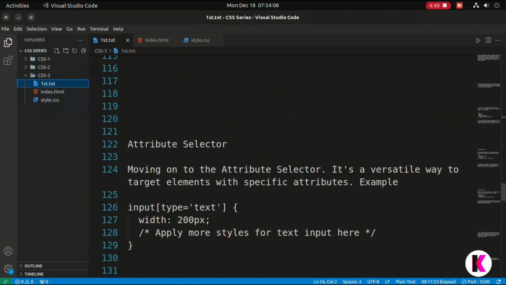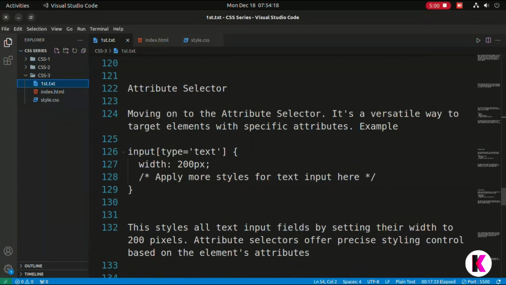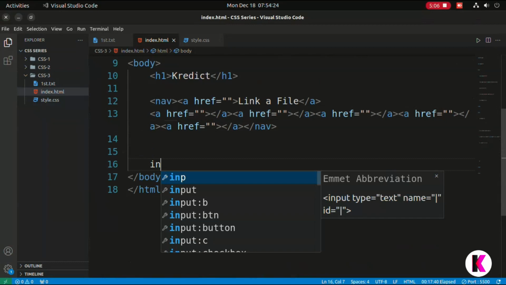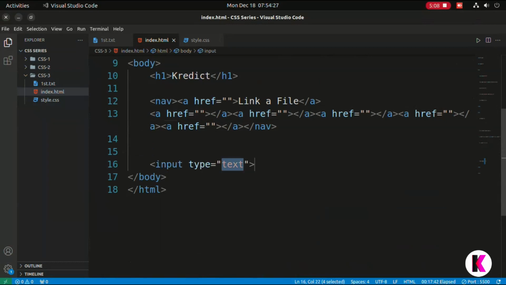So our third is the attribute selector. Moving on, the attribute selector is a versatile way to target elements with a specific attribute. So an example is this. If we have an input field in the document, with type text, and here we will first give a label. The label name will be name.